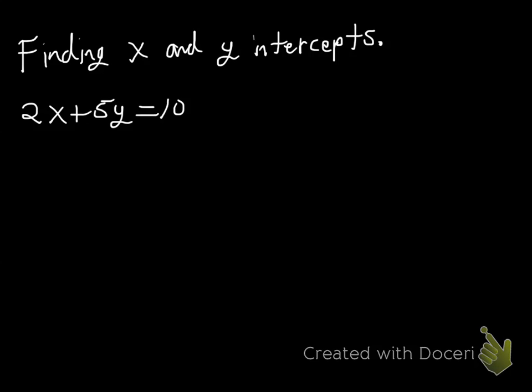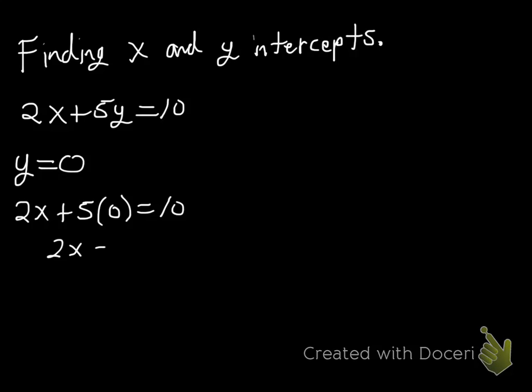Now we'll look at finding x and y-intercepts for a particular equation. So here we have a linear equation in standard form, 2x plus 5y is equal to 10. And we're asked to find the intercepts. So that means we'll plug in 0 for x and solve for y, and then solve the same thing when we plug in y equals 0 for the y. Just plug in y equals 0 and solve for the x. So we'll do y equals 0 first,